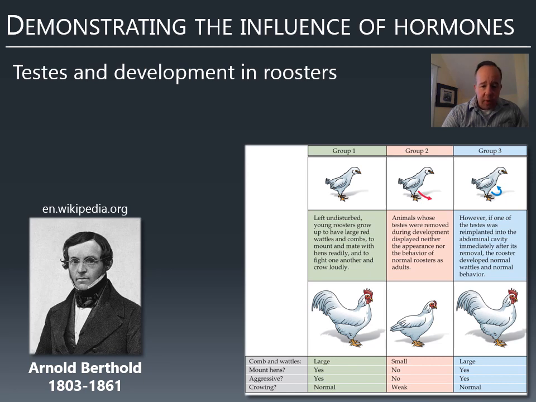There are a couple of possibilities. One is the sex organs are connected to the nervous system, and in some way control behavior. They might send neural signals that cause certain behaviors, or neural signals that cause development in certain ways. It was unclear until the 1800s how this worked, and no one had really asked it the way that